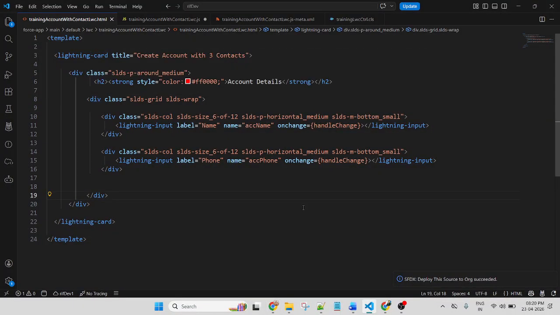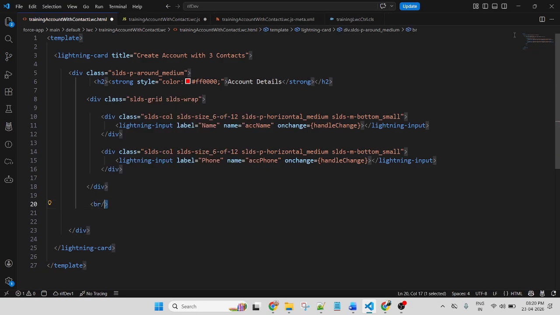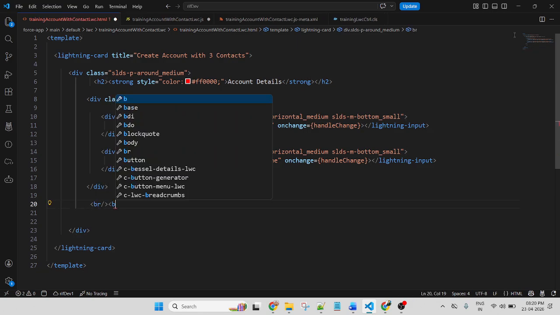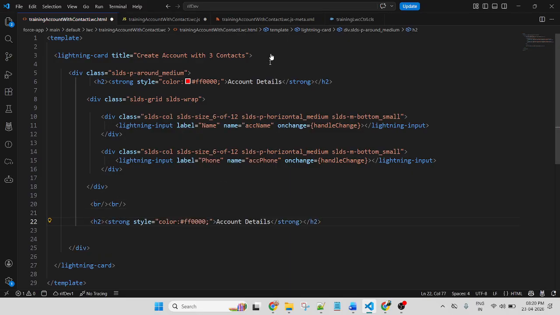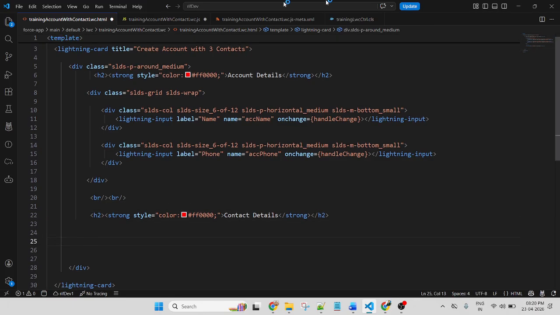So this is for account, and this is, let me copy this. This div will be common. This is a wrapper. Here give a space, BR, and paste here. Change the name. This is for contact detail. Okay, and here I will use this one.